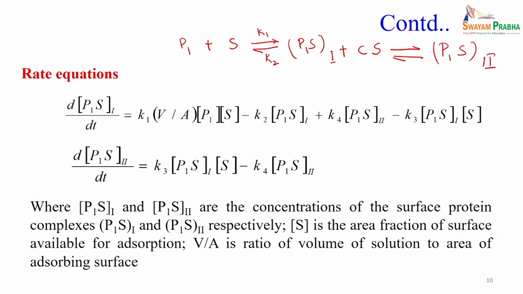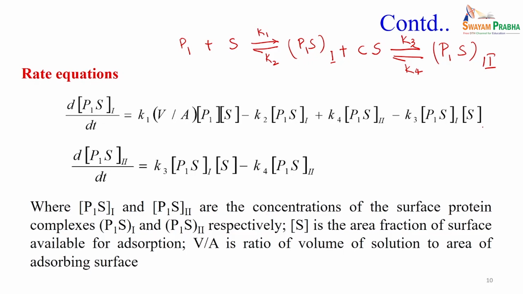So, d P1S upon dt is equal to K1 into P into S minus K2 P1S1, and P1S1 will come from here, this is K3 and K4. So, K4 P1S2 minus K3